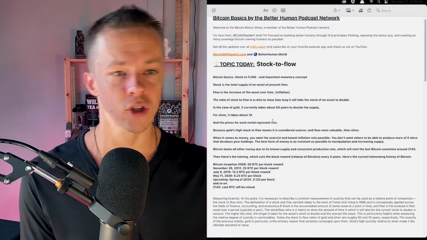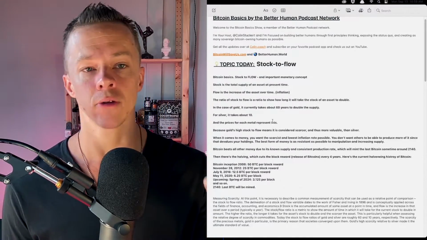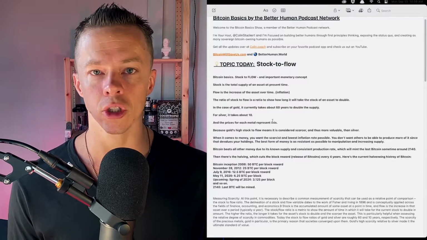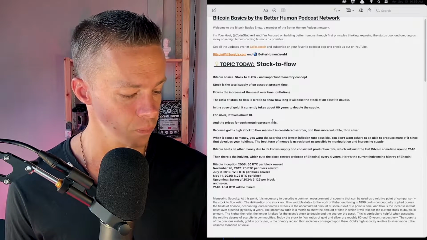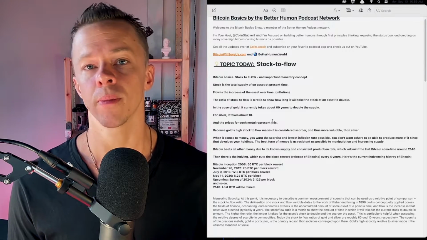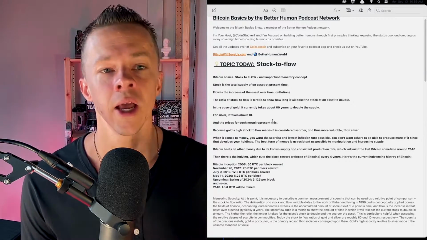Let's just say that, for example, I have this silver right here. This is 10 ounces. It probably cost me like $200 because I bought silver around $30. I'm not really buying silver anymore, but I do like it as a metal. It also has a lot of industrial use. I'm pretty much Bitcoin all in at this point. I still have some silver.